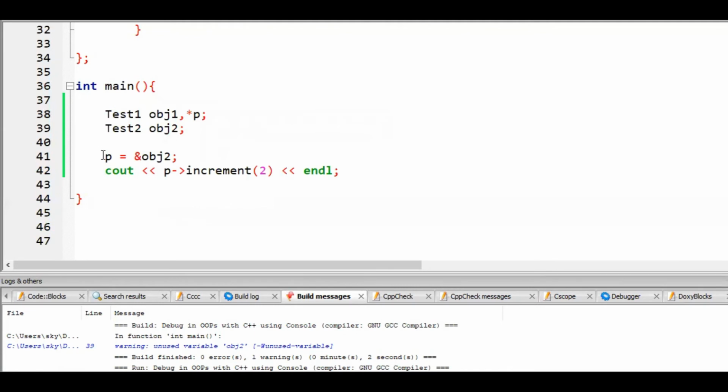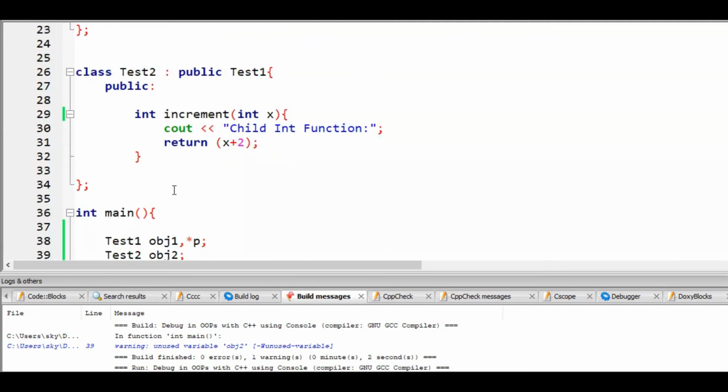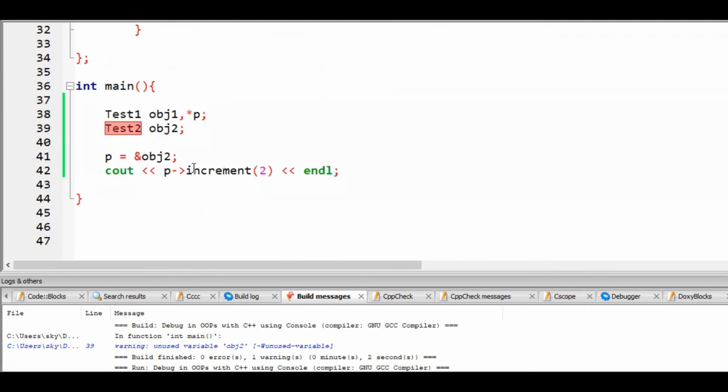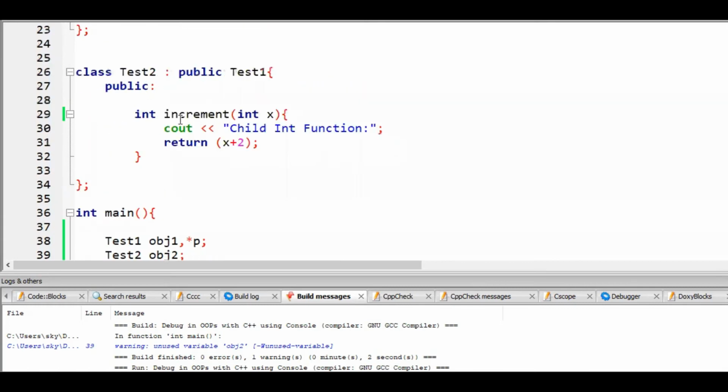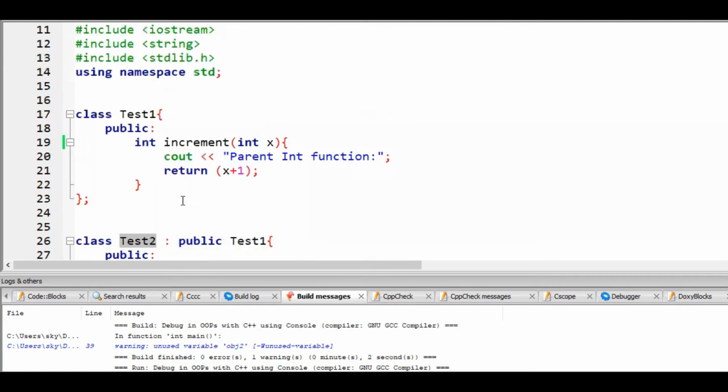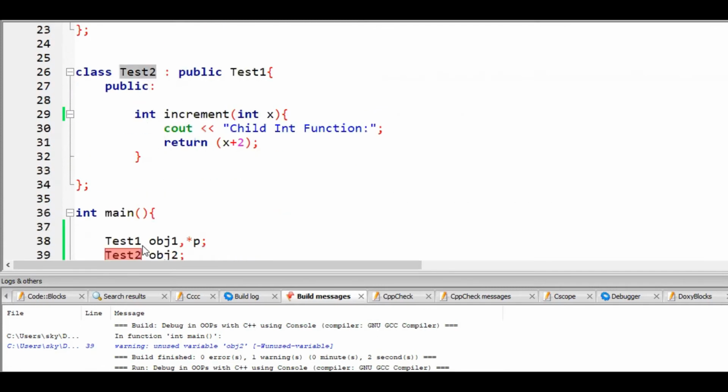So if it is holding the address of test2 and we call increment by using this pointer, then this should call this function, right? As p is pointing to test2. Although p is of test1 type, it is holding the address of test2.